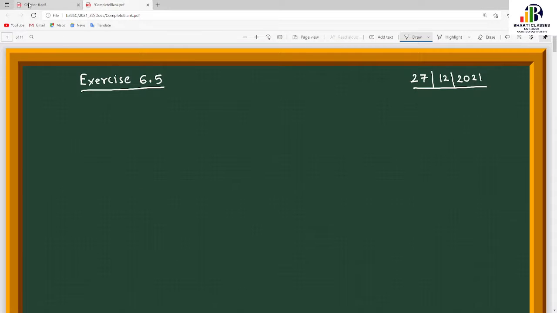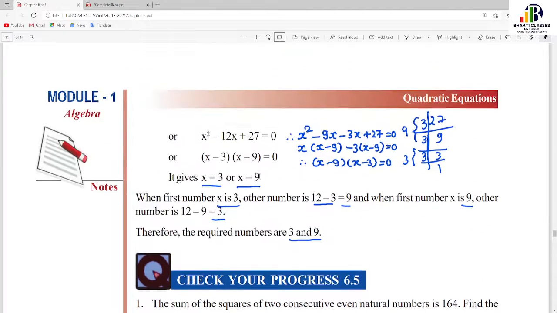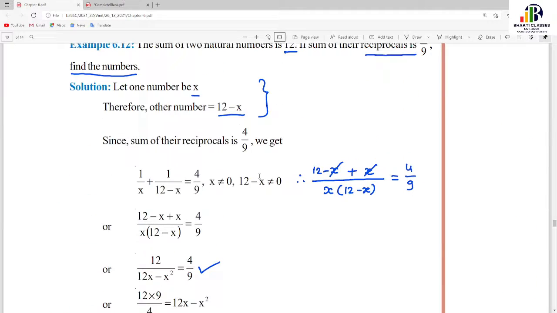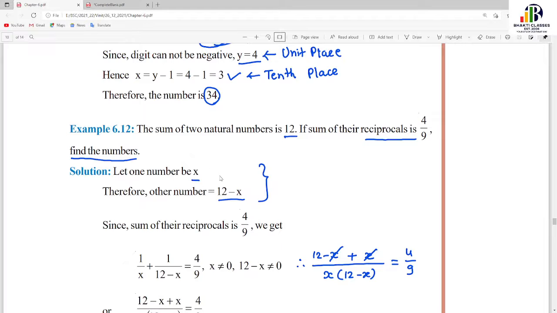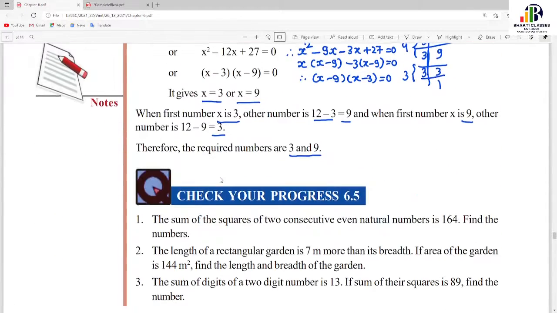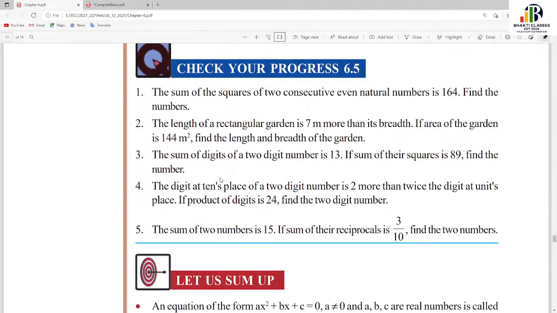So in the previous class we have seen all the examples, right? यहाँ पर जो भी सॉल्व्ड एग्जाम्पल थे वो हमने देखे थे पहले वाले क्लास में. अभी हम ये चेक योर प्रोग्रेस 6.5 करेंगे,